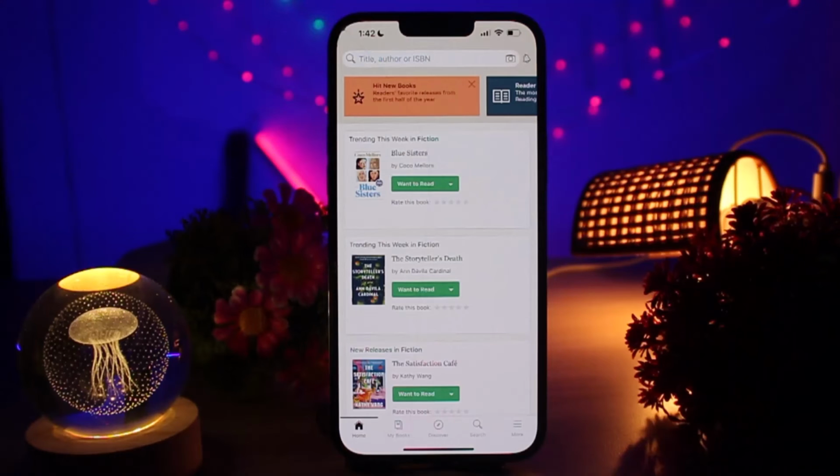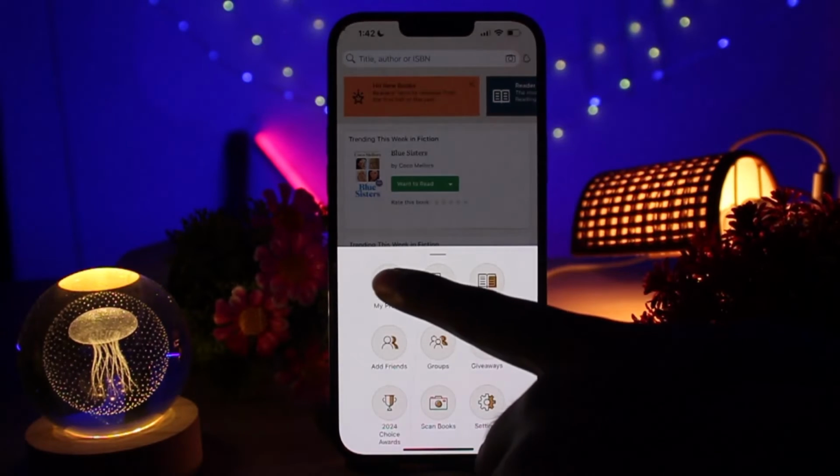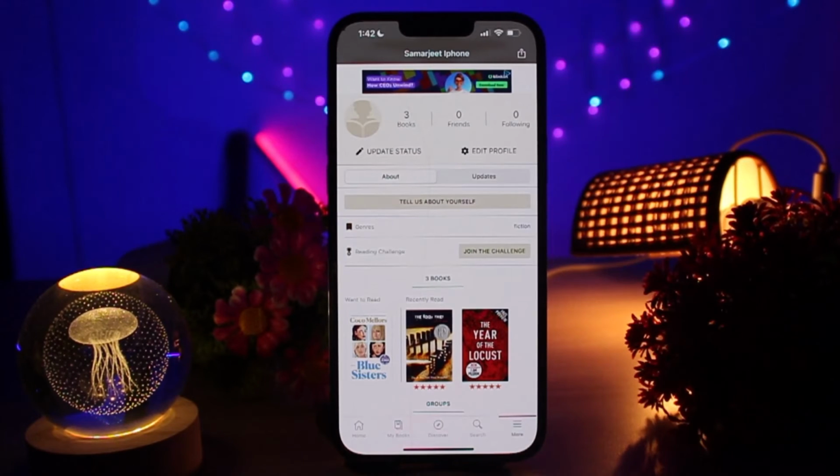account. Tap on the More button in the bottom right corner, then tap on Profile or My Profile. Here you will see your reading activity, books you have read, ratings and reviews. If you want to remember book titles, ratings or dates, write them down in notes or take a screenshot for